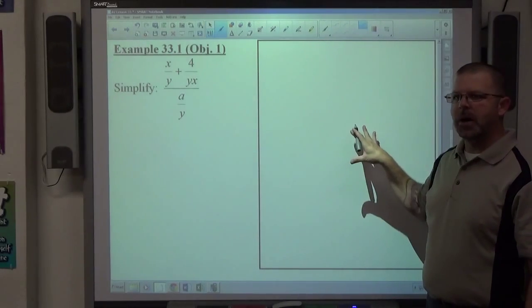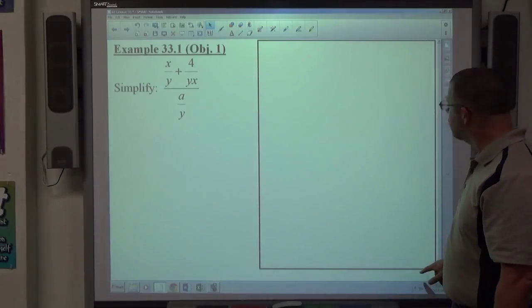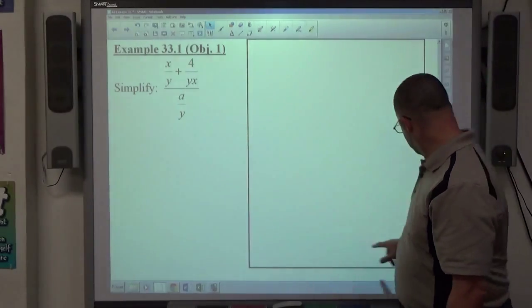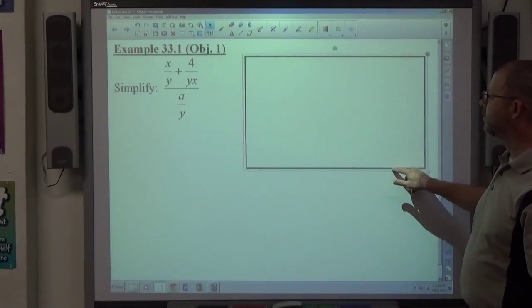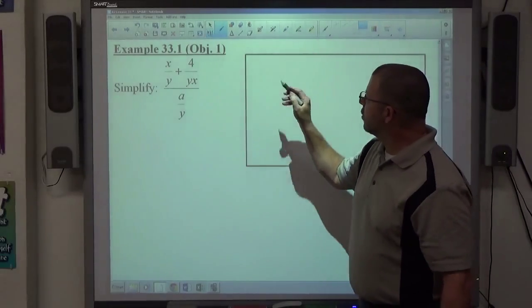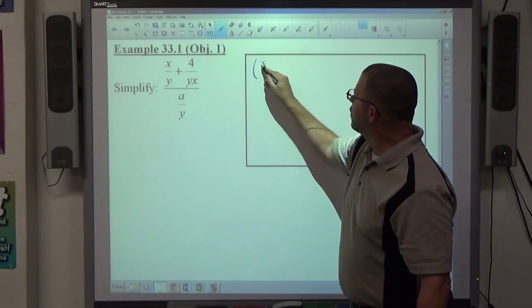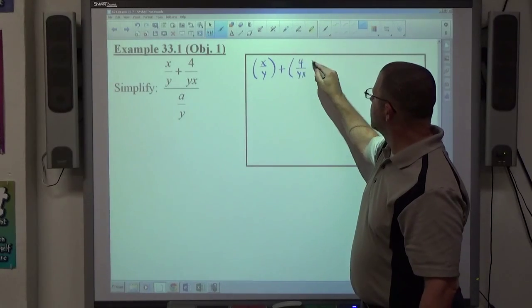This represents the box that you have on your homework paper. It looks more like that, that's more along the lines of right. More correct. All right. So I started by writing down the problem, x over y plus 4 over yx